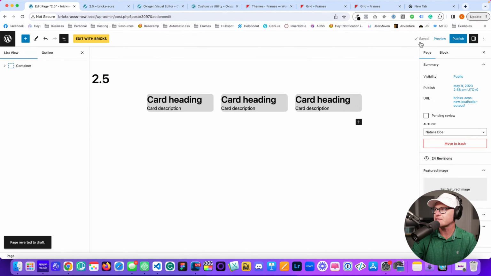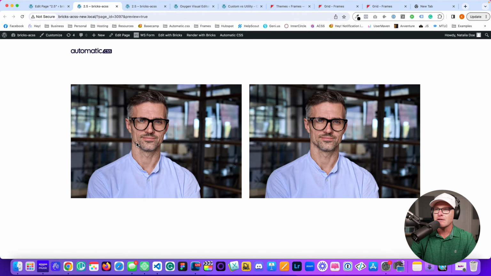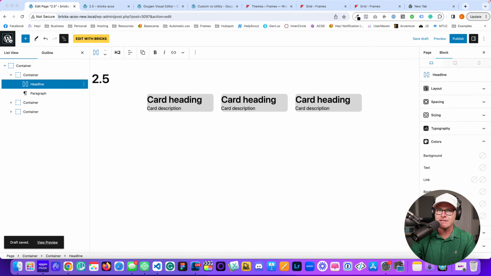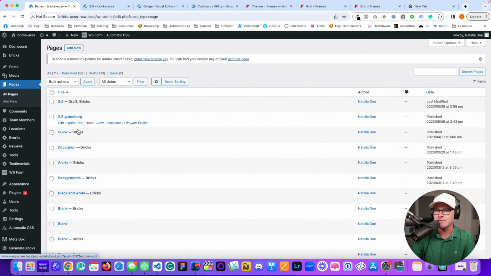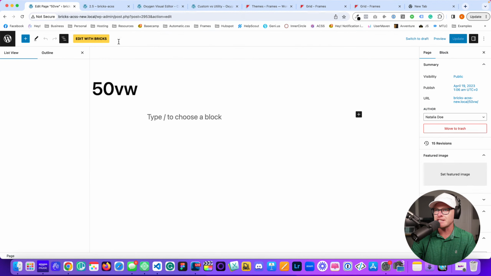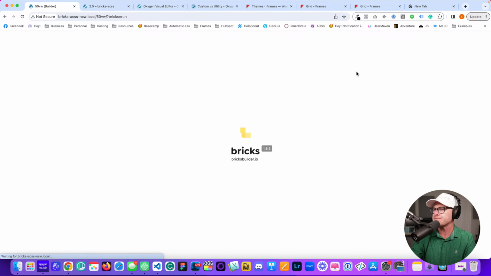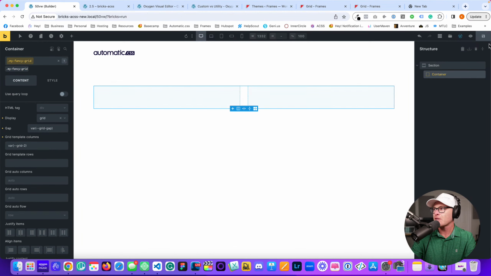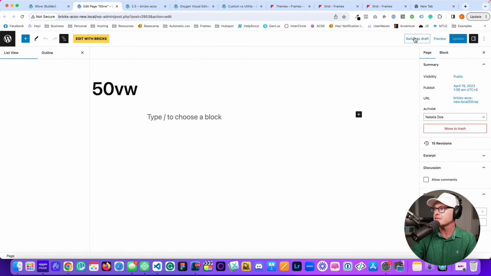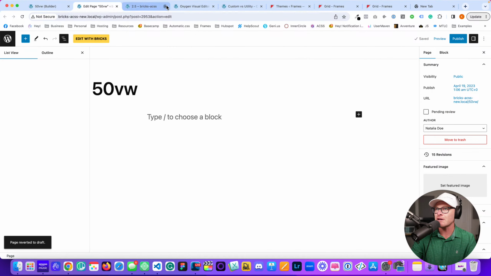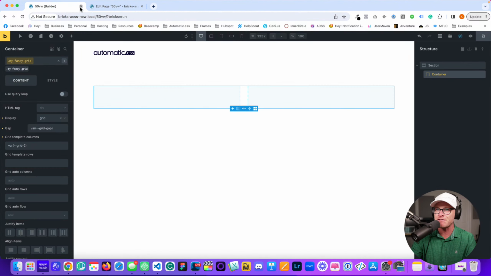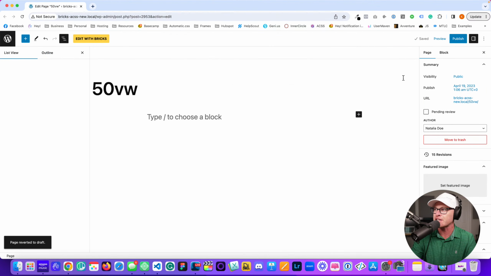Oh, switch to draft, save, preview. Oh, okay. This is Gutenberg. Dude, there's so much stuff going on in here. Let's pick one that's easy. There you go, 50 VW. My fancy grid. This also needs to be a draft. There we go. Let's close all these, everything gone. I just want to confirm because I was about to file this as a bug report. So if it's not actually a problem,